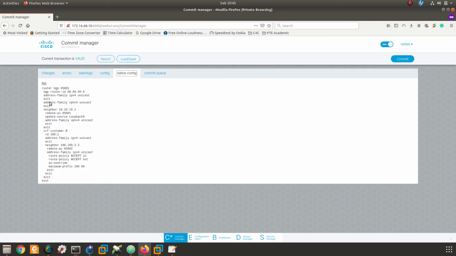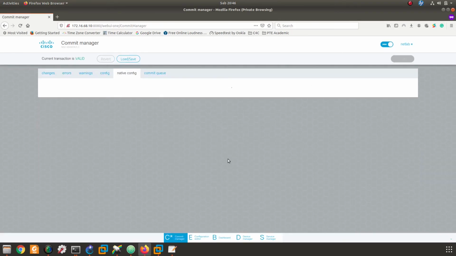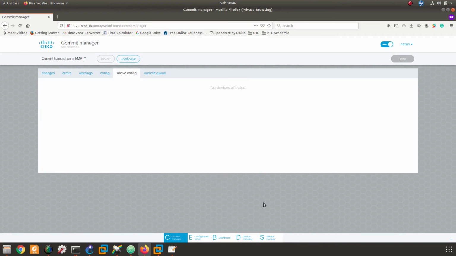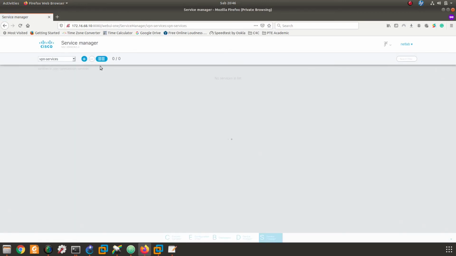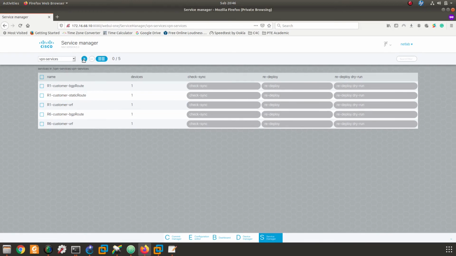Let's check the configuration. Router BGP, yes. Okay, this is the peering with R1 for MPBGP, and then this is for peering with our customer CE router, 100.102.2. Okay, let's push. Yep, done already. And for the last one, okay, let's create the R6 services